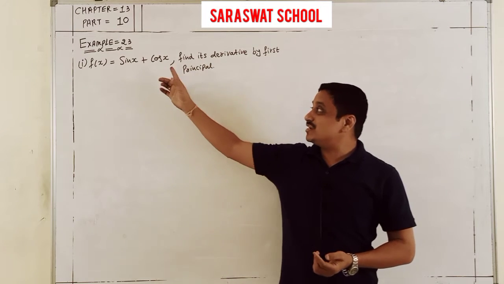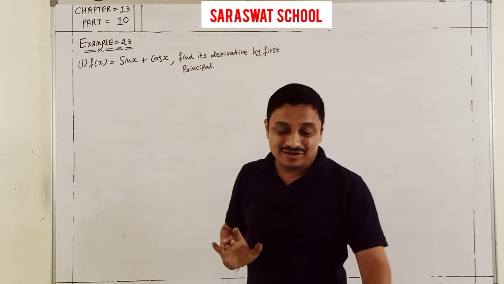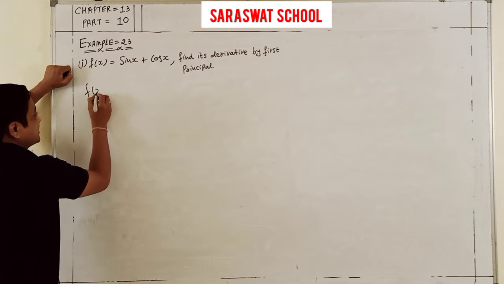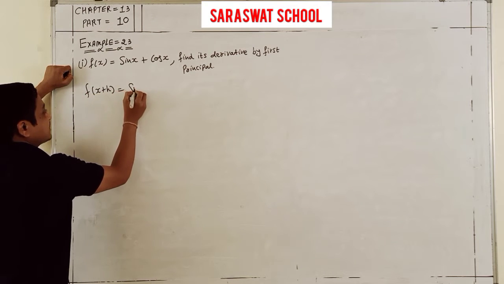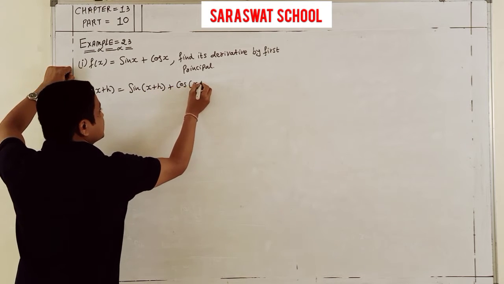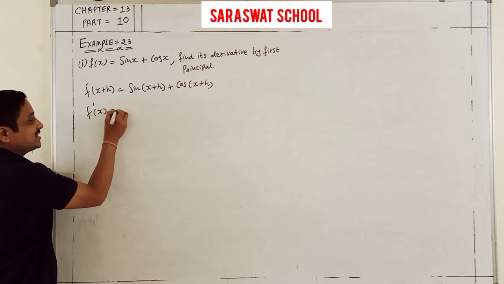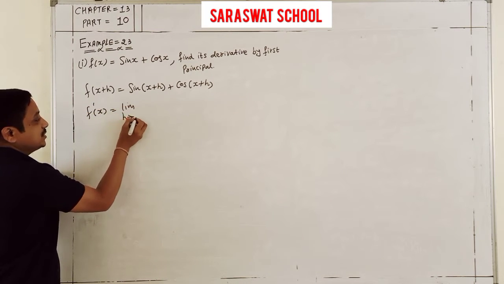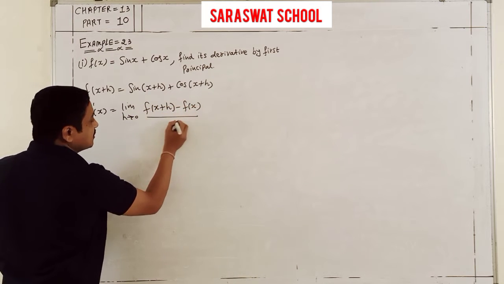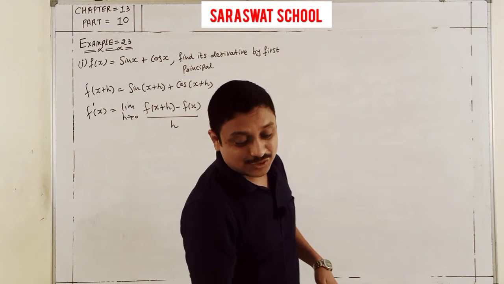Now example 23: find the derivative of sin x plus cos x by the first principle. You know the first principle, and you just apply f of x plus h, which is sin of x plus h plus cos of x plus h. Apply the first principle: f dash x equals limit h tends to 0, f of x plus h minus f of x upon h, and apply both values. So students, my answer is